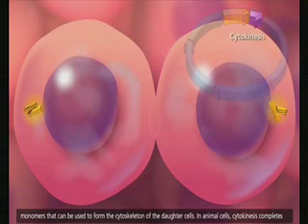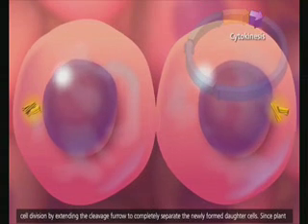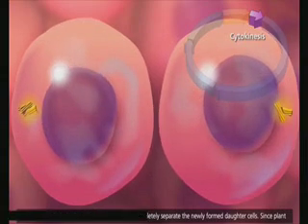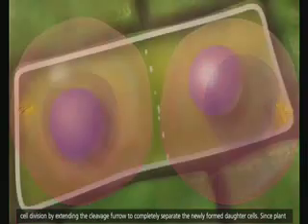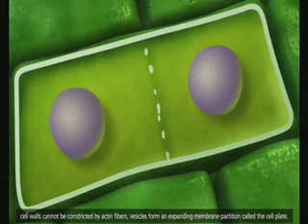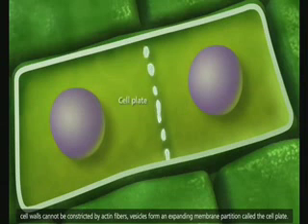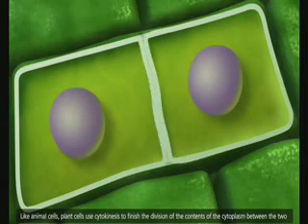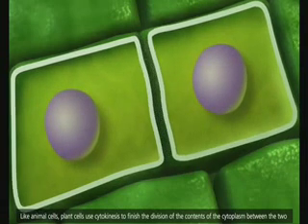In animal cells, cytokinesis completes cell division by extending the cleavage furrow to completely separate the newly formed daughter cells. Since plant cell walls cannot be constricted by actin fibers, vesicles form an expanding membrane partition called the cell plate. Like animal cells, plant cells use cytokinesis to finish the division of the contents of the cytoplasm between the two